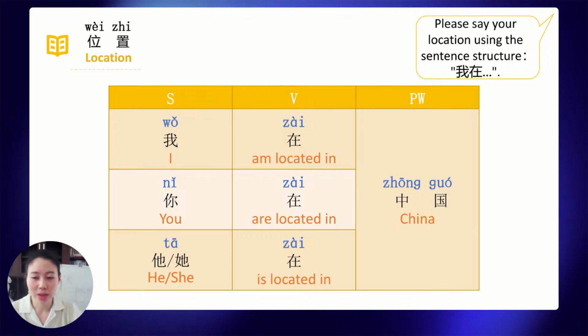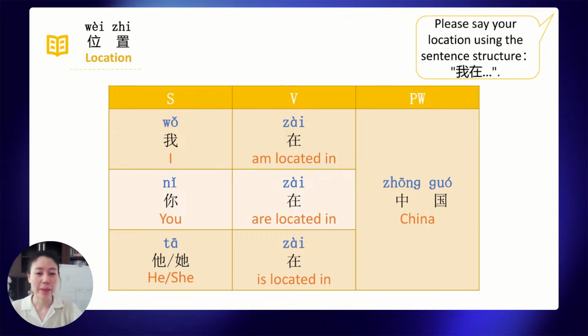Okay, so that would be 他在中国. Okay, 他在中国. Okay. Yeah, so that would be this one. Okay, so also just need to memorize the structure. Okay, you can change